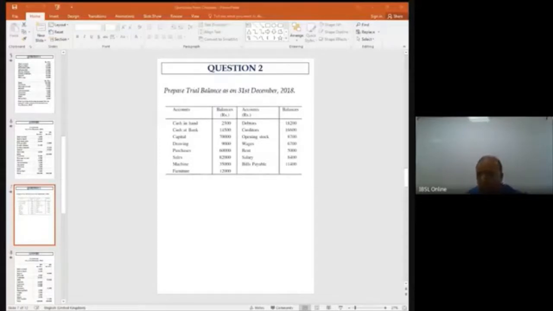acceptable answer, but what you need to know is salaries are normally paid to your permanent staff or permanent employees who are working with the company or the business, because they will be paid, as you all correctly pointed out, once a month and they are expected to do any function that the company expects you to do. There is no question about it. They have to do anything that the company expects you to do, because as per the contract you have to do it. But the wages are paid for temporary nature of activities.